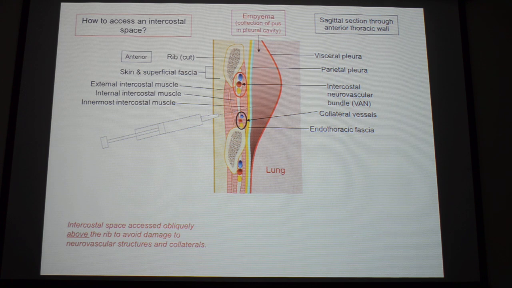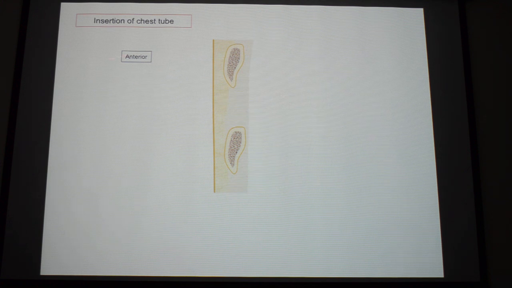Now this discussion goes further, to inserting a chest drain or chest tube. Why do we insert a chest tube? What is the benefit? To drain. Remember, fluid builds up in the pleural cavity. When someone has air, we call it pneumothorax. When someone has blood, we call it hemothorax. When someone has some fluid, we call it hydrothorax. When someone has pus, we call it pyothorax. When someone has chyle, we call it